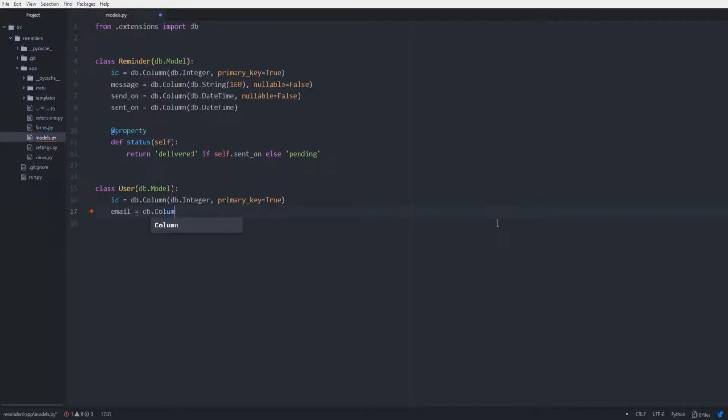So for our user information, let's create a field for email. So we'll go DB column, and this is going to be a string field, and we'll limit it to 75 characters, which is pretty reasonable for an email address. And then we'll go unique, make sure we spell it right, there we go. Unique is equal to true. And that's just indicating that we don't want to be able to have more than one user with the same